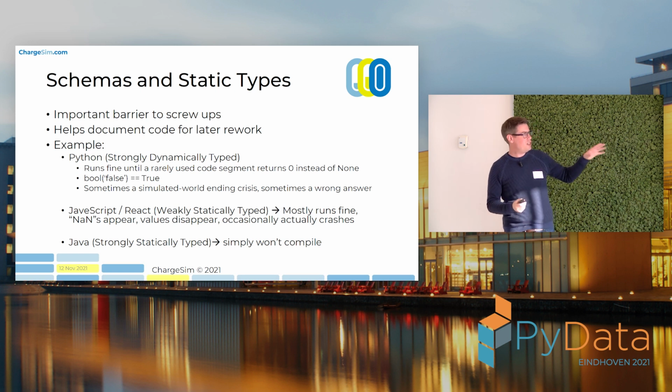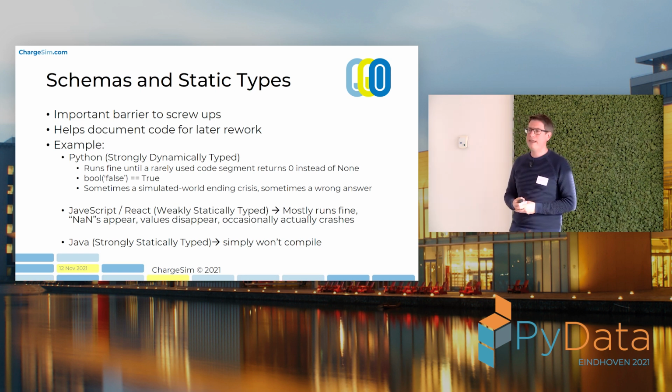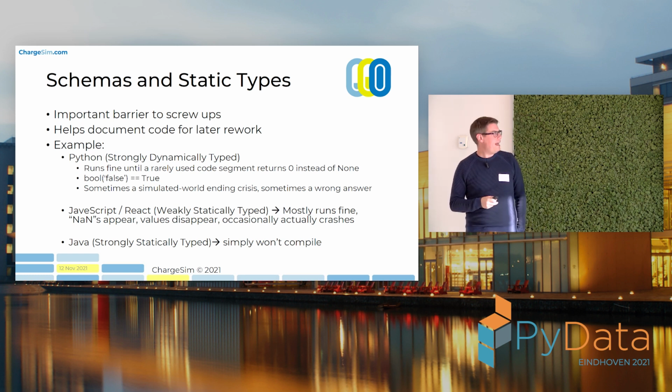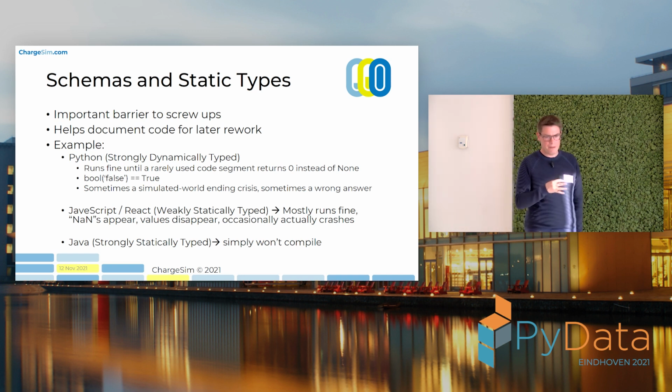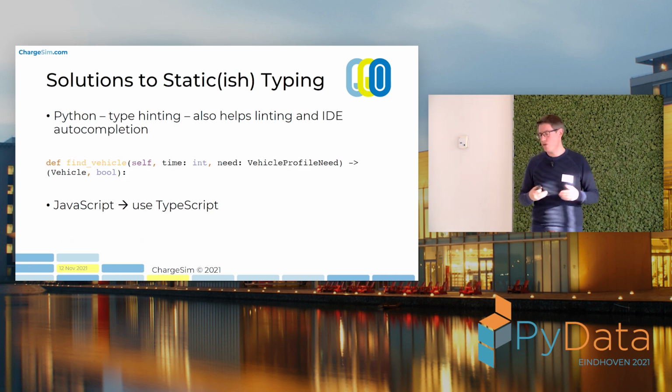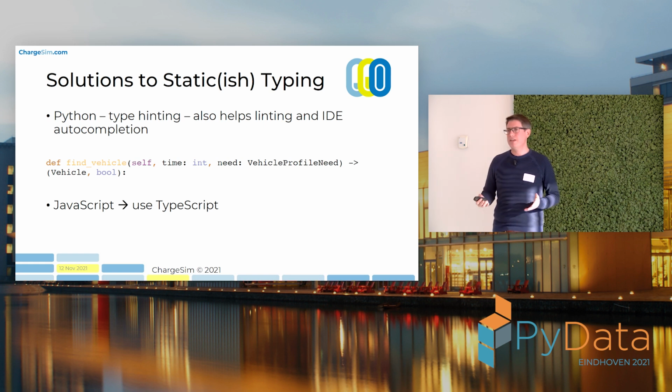If I look at something like JavaScript, which is the basis for React, it's weakly statically typed. So it's very flexible about saying, oh, well, you put 1, 2, 3 as a string, but I think maybe that was supposed to be a number, or maybe that was supposed to be false, and kind of massaging it a little bit. It also uses undefined quite a bit, and I find that actually it works okay on a front end because it tends to try and push through bugs if it hits them. Occasionally you get not a numbers, that type of thing, but in the back end that can just turn into a liability. And then Java would be strongly typed, and having worked with that,